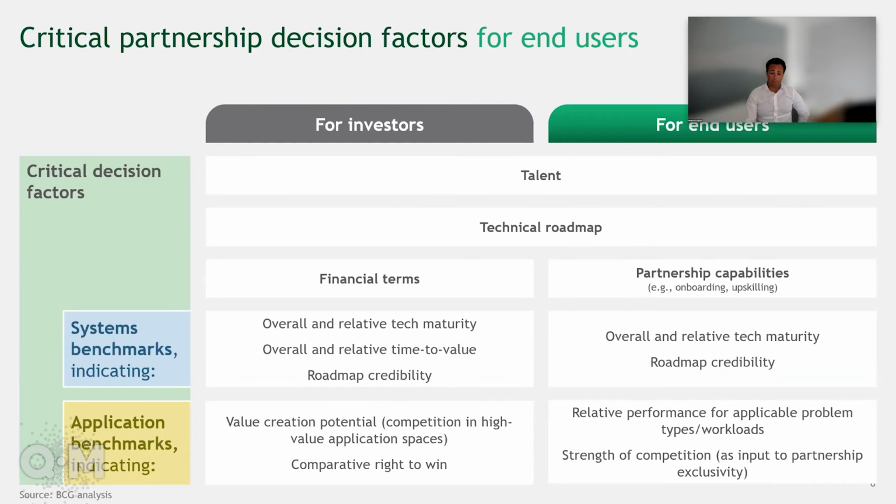That works really well for investors, and for very sophisticated users of the technology. But as the pool of users expands, we think there's going to be, and there's already, a bit nascent, increasing focus on application benchmarks, which answers questions like,